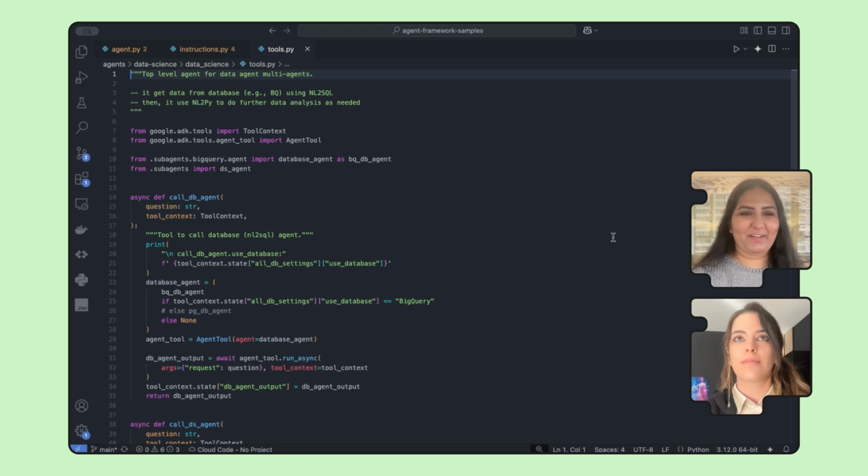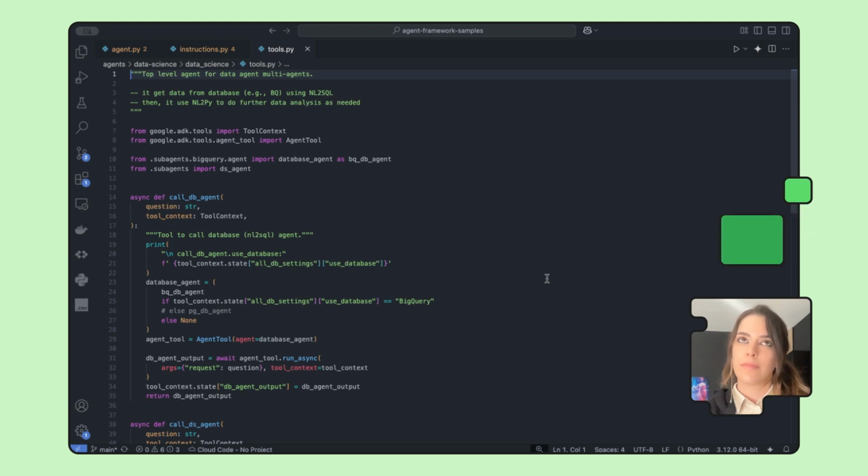I think the instructions file is even lengthier than our agent.py file, like with most of our agents. But how important is it to write good instructions for an agent, Malcolm? And have you tested by passing different variations of these instructions with this agent? I have, and it's the same as it has always been with LLMs. So you want to make sure that you invest in your prompts and that you do prompt tuning and prompt optimization as well, because